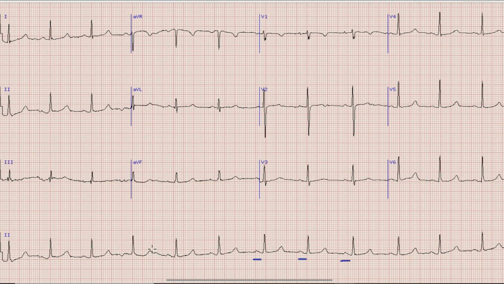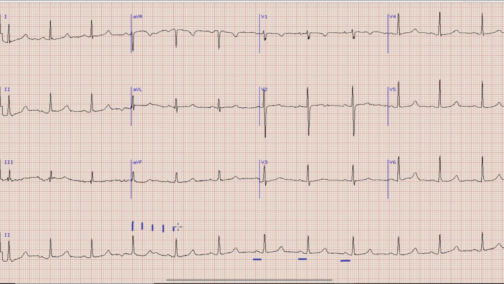After the rhythm, the next thing is heart rate. For heart rate, we will select a QRS complex which lies on a broad vertical line, like this QRS complex. And now between this QRS complex and the next QRS complex, the large boxes are counted as 300, 150, 100 and 75. As you can see, the heart rate in this case is just below 75 and it is almost 70 beats per minute.